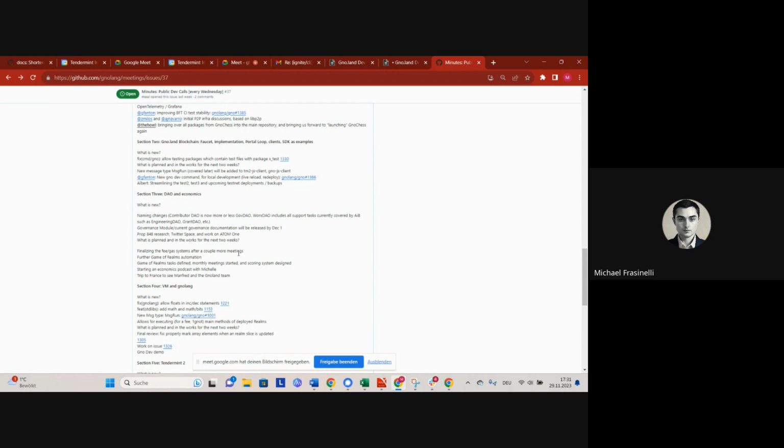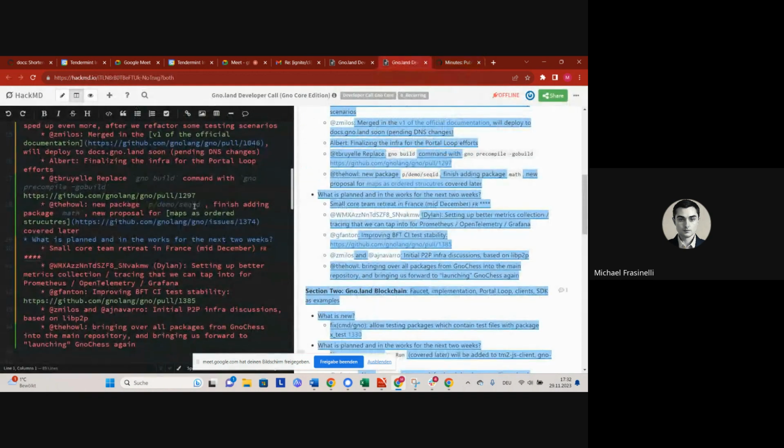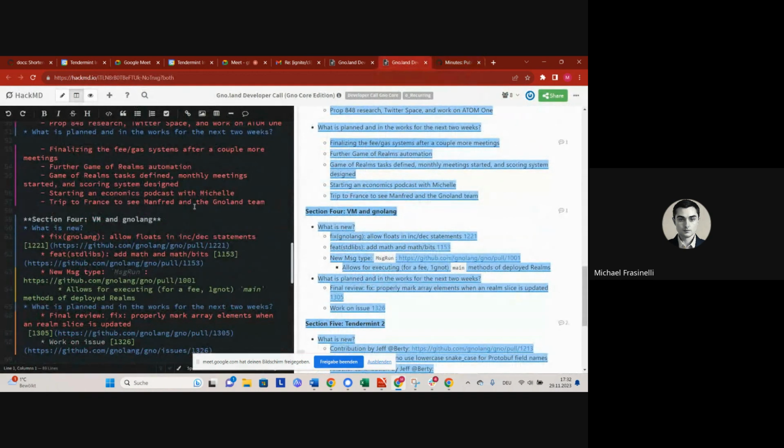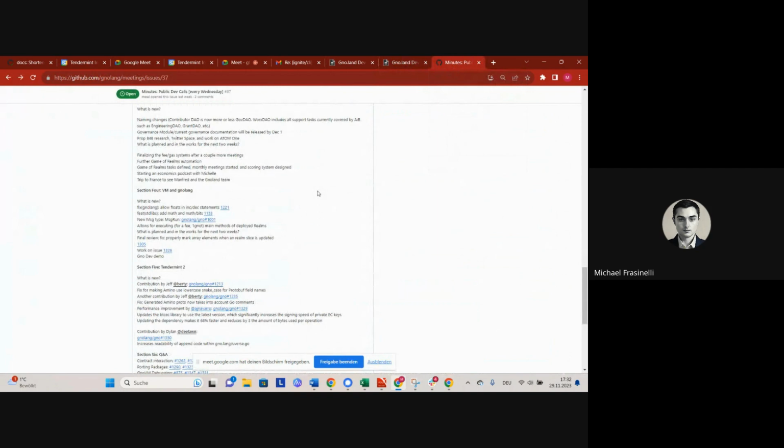Coming up here, we're finally hopefully going to be nailing down fee and gas systems, as well as estimation systems for that. So Dylan made a really fantastic opcode benchmarking system. So I'm going to be setting up my Docker to give that a run. He's currently using it to, I believe, check how long it takes to run different opcodes. I'm going to be looking more at resource requirements for the different opcodes.